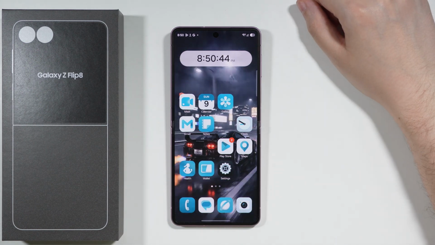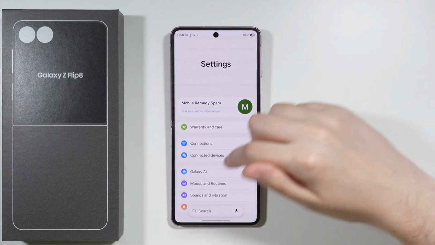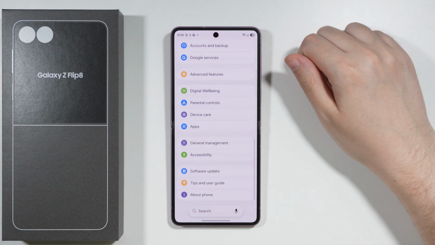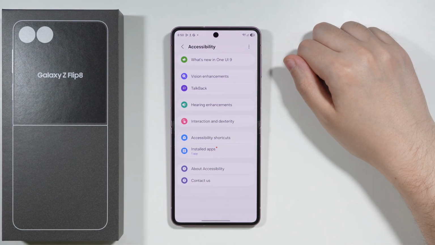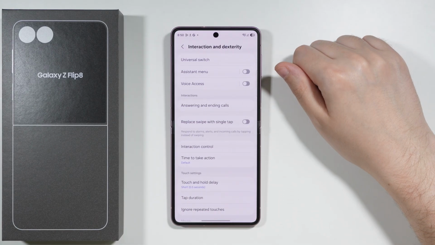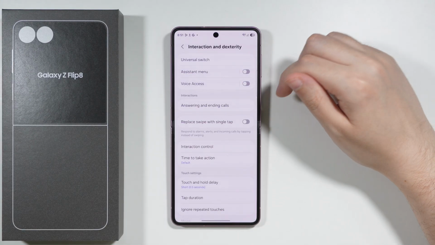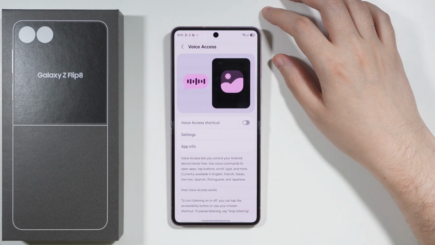If you want to use voice access on the Samsung Galaxy Z Flip 8, you just want to go to Settings. Over here, we're gonna scroll all the way down, and then you want to go to Accessibility. Over here in Accessibility, you should be able to find Interaction and Dexterity, and then over here we have the voice access, which we can easily enable just by tapping on the switcher,